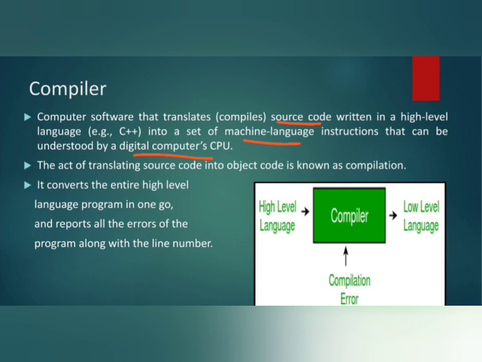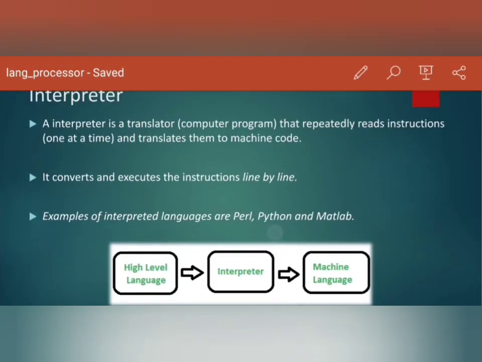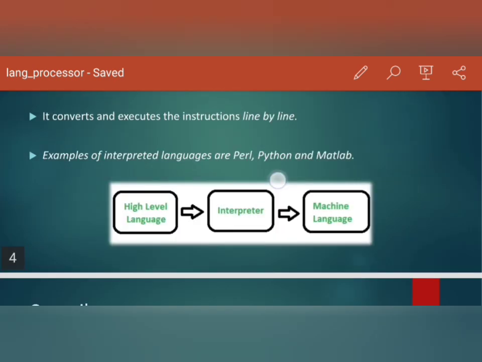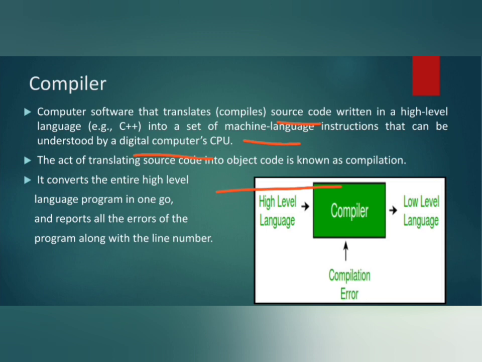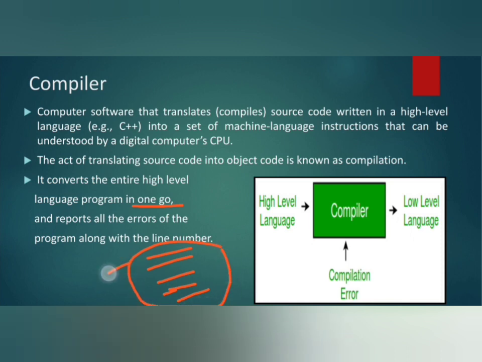Now what is the difference between this and the interpreter? In the interpreter, the translation is done line by line, but in the compiler, the translation is not done line wise. The compilation is done in one go. Suppose this is a program written in 5 to 6 lines, at one go it will compile it, and at one go it will show you if there are any errors. Suppose there are 3 errors, at one time it will show that there are 3 errors along with